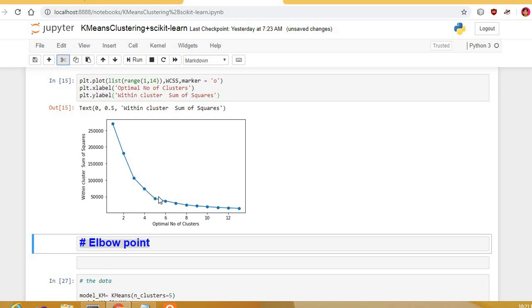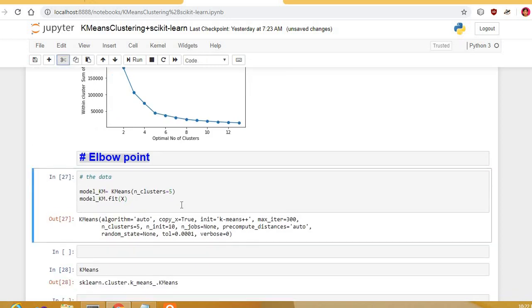So here you can see, what should be the total number of clusters? We have plotted against within cluster sum of squares and the number of clusters. Here you can see that this point has to be 5. Why does it have to be 5? This is the turning point. Turning in the sense that after this, the within cluster sum of squares values, those errors, are diminishing, right? So this is the elbow point, where the number of clusters to be formed is equal to 5. So here we can determine that the number of clusters should be 5.